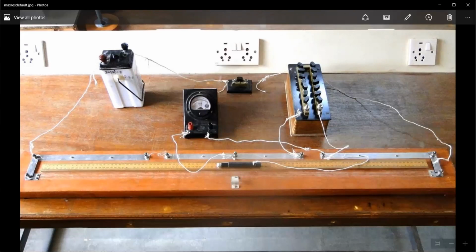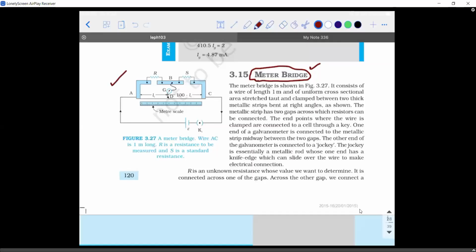Yes, sir. Right. So the same thing we are going to draw from the top view, and this is how it looks. You have two L-shaped metallic strips, and a metal wire here, and you have a meter scale. You have another strip. Between the ends of these two, there is one resistor R connected. Between the L-shaped part and the flat surface, there is another resistor connected. Now, this whole thing is nothing but another way of representing a meter bridge.